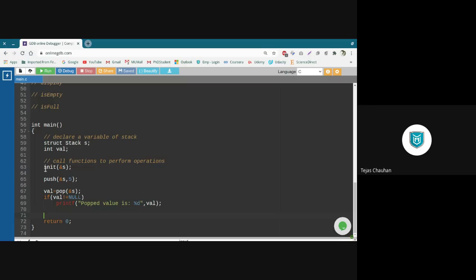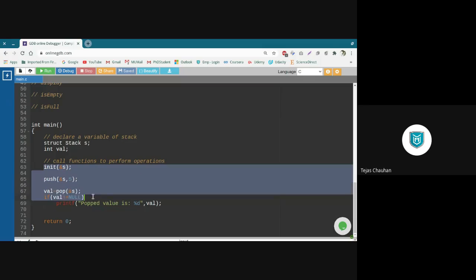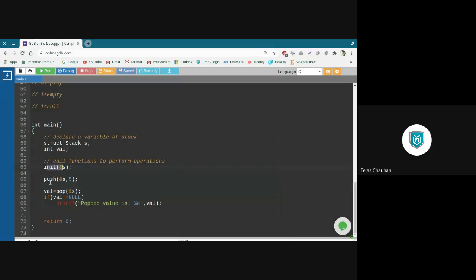Right now what I'm doing is a static function call: init, then one value pushed and one value popped. What if I want to push multiple values? And what if I want to pop multiple values at any given time? So for that, I'm going to make some changes here.